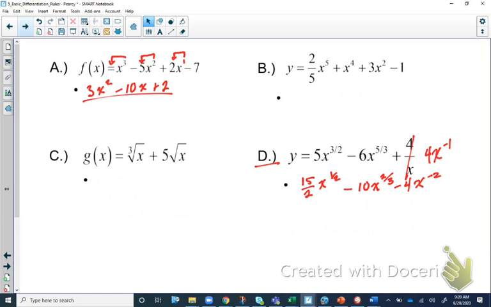Now, since they didn't give me the numbers in example D in radical form, I'm not even going to bother trying to convert them into radical form. I'm just going to leave them as exponents with the fractions as they are. The one thing I will do is move the last term that has a negative exponent, we'll move that x to the denominator. So here, this would be y